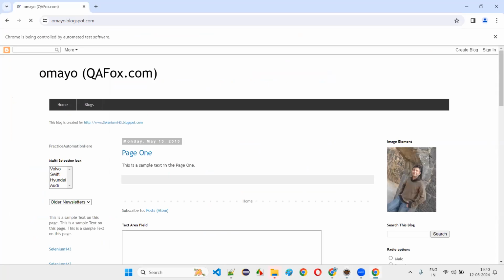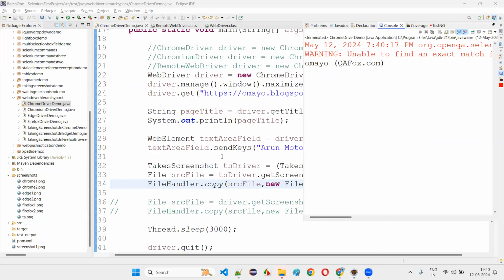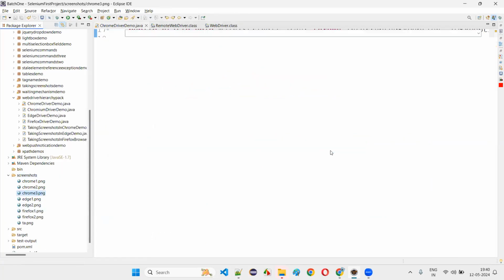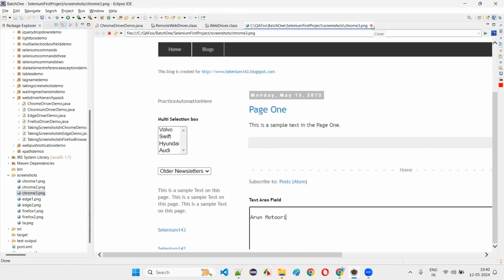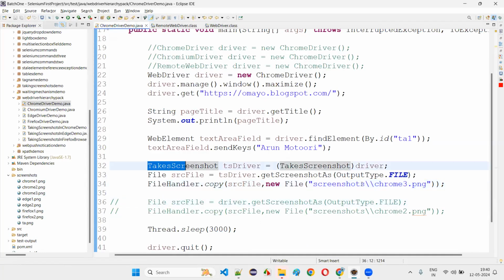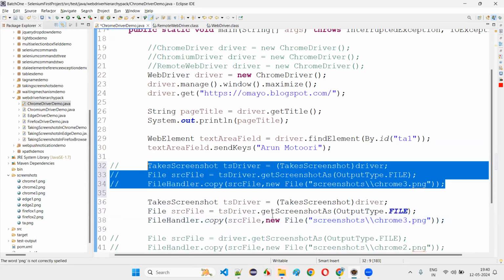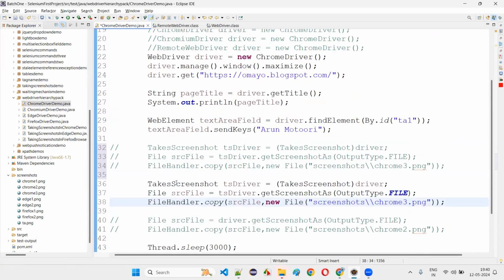The script is running. We'll take the screenshot. Okay, done. Now refresh here, and you will get the Chrome 3 also. You see, you are able to take the screenshot. Fine. Now, some people, instead of writing these 3 lines, I'll copy the 3 lines here, instead of writing these 3 lines, they will write in 2 lines only. How can they write in 2 lines? Instead of typecasting and storing in a particular object,